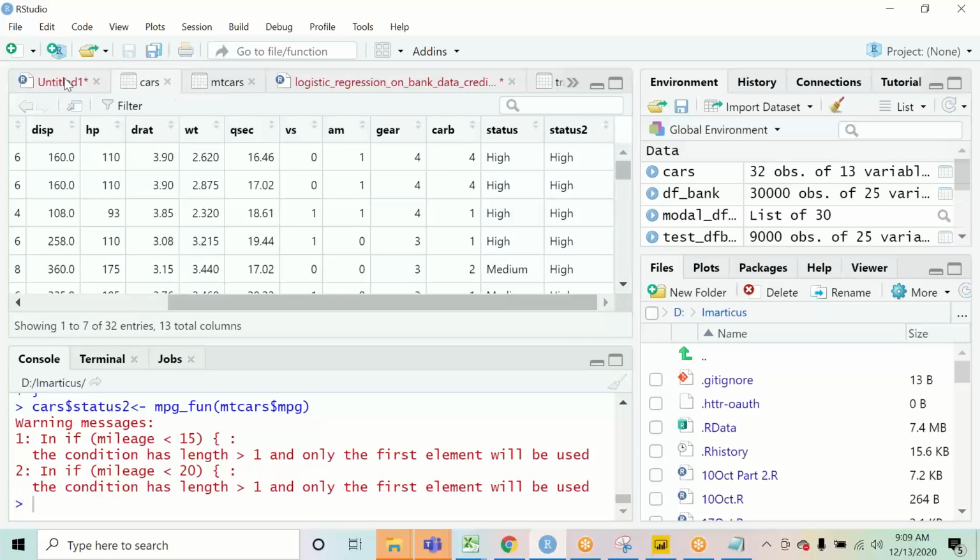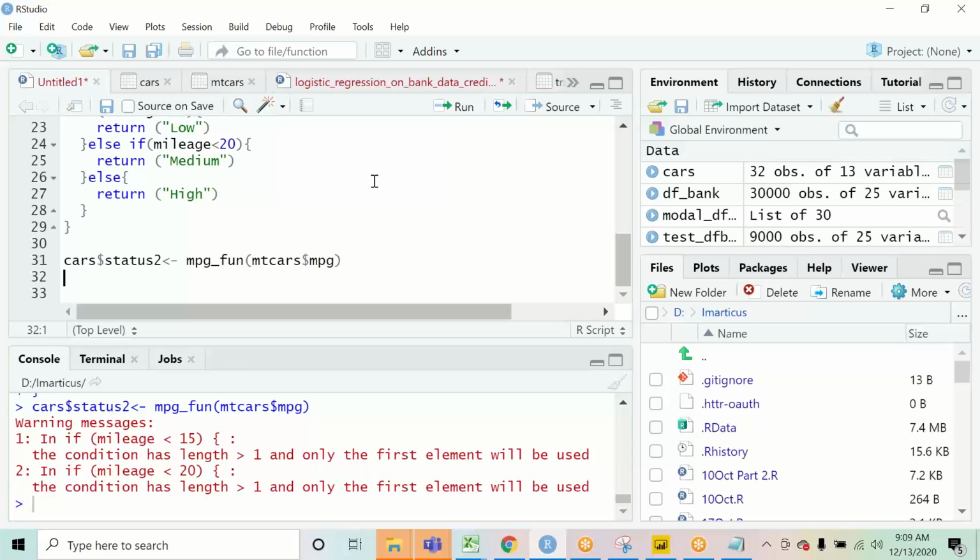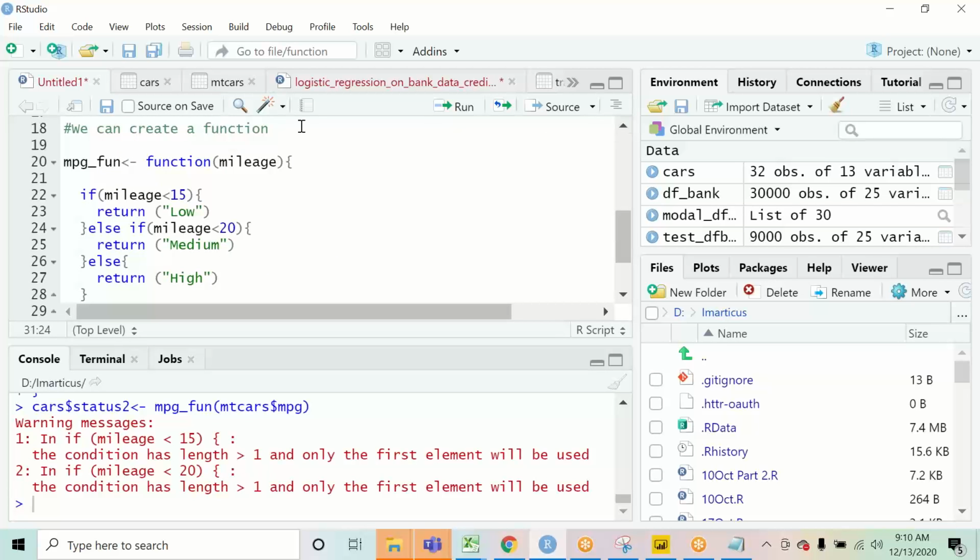When I'm using this function over here, please all of you just follow along with me for a minute. I have passed the entire column of MPG as an input. But my function picks only one value. So what my function has done is it has picked up the first value and checked whether it was high, medium, or low, and it has given the same result all across the rows. That is why the result that I'm getting over here is incorrect.